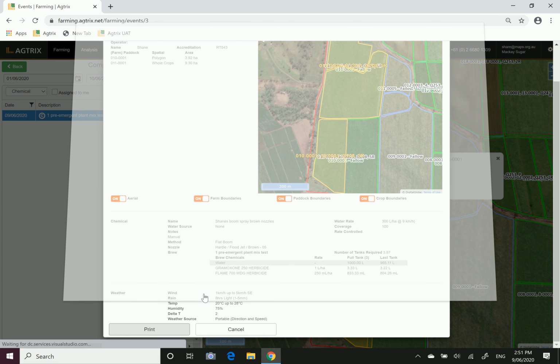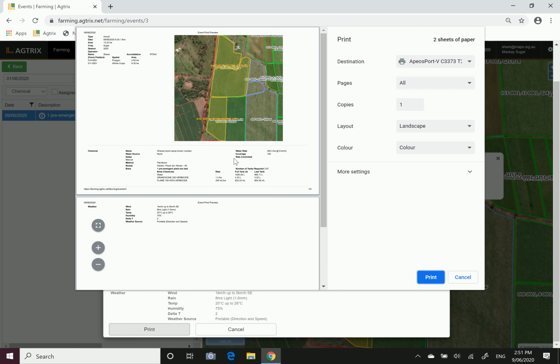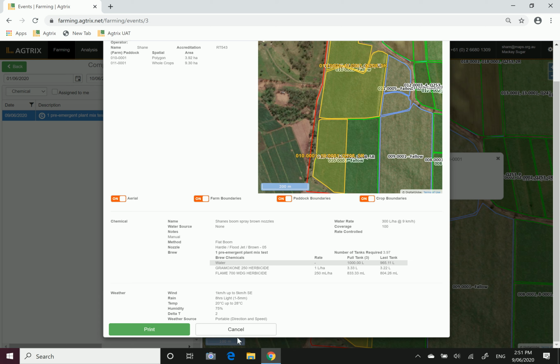So simply press print when you're happy, and this will print it to an A4 page that you could give to an auditor or keep it in your filing system. So that's how you print a record and edit